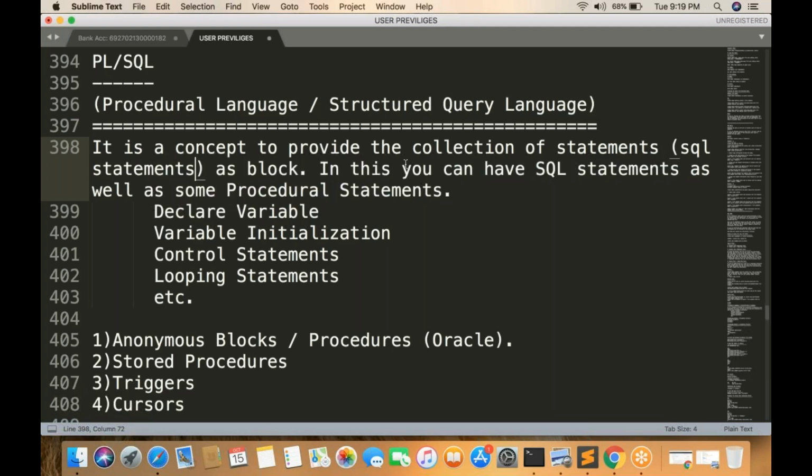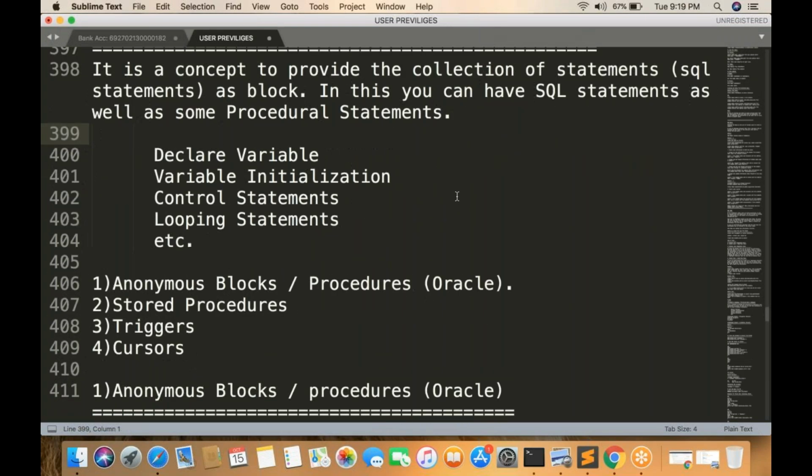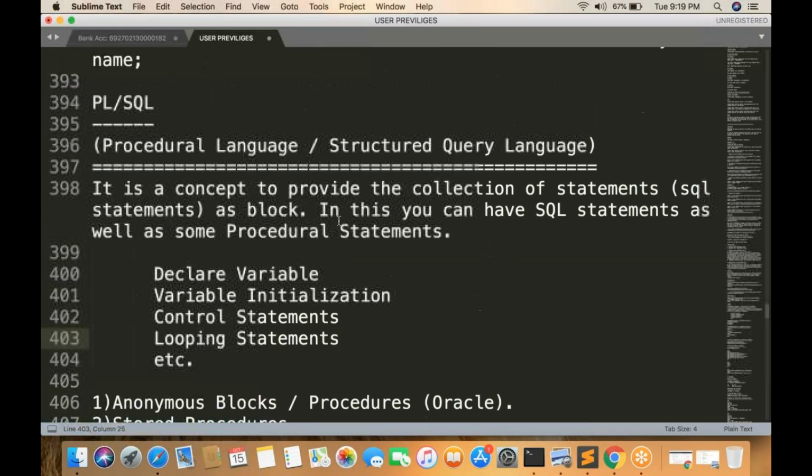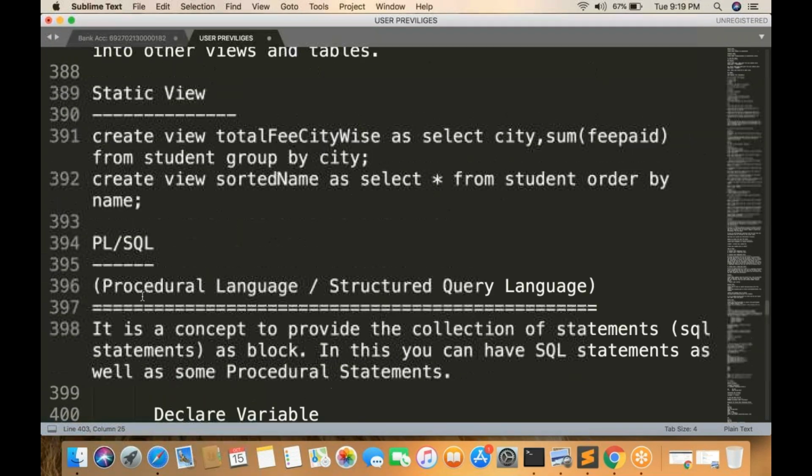Okay, so in this you can have SQL statements as well as some procedural statements also. Here you can declare the variable also, you can instantiate the variable. What is a variable, okay, everything we'll discuss. We can define control statements also, we can loop also. Okay, so in this procedural language basically